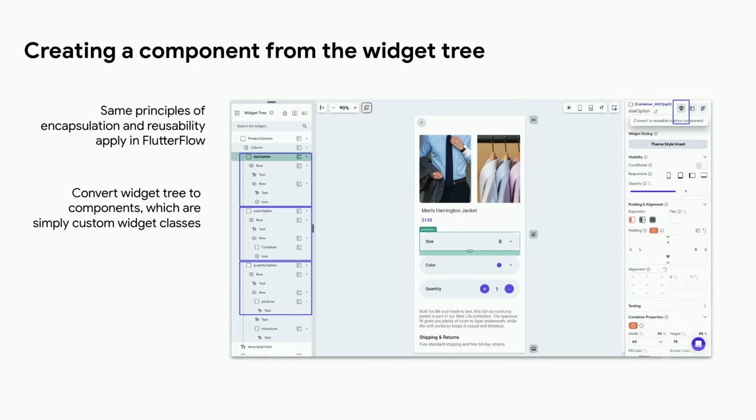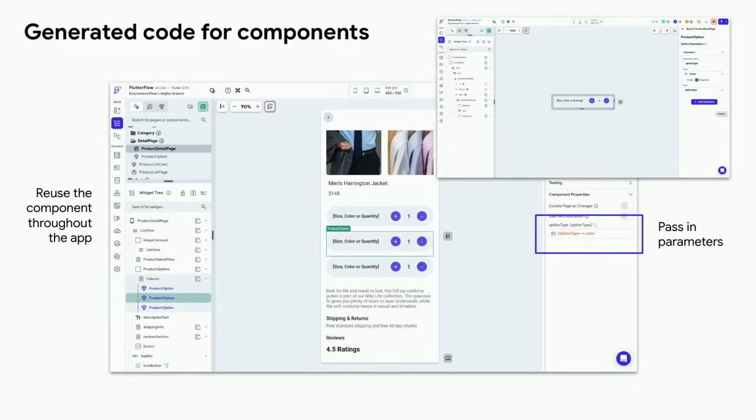But there's lots of things that I'm repeating here, like the styling, the sizing of the container, and I don't want to repeat myself. So instead of having these 3 highlighted bits as their own widgets on the widget tree, I can click that button all the way over to the right-hand side to create a component from the widget tree. And when I create a component, this just creates a new class in the generated code. So it creates a new widget class, which I'll show in a second.